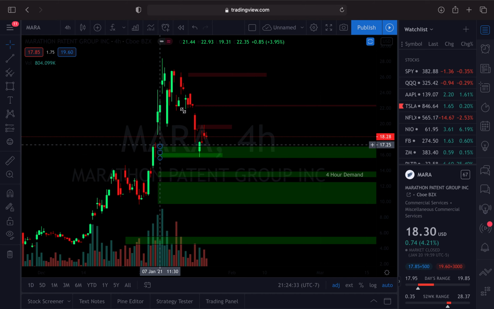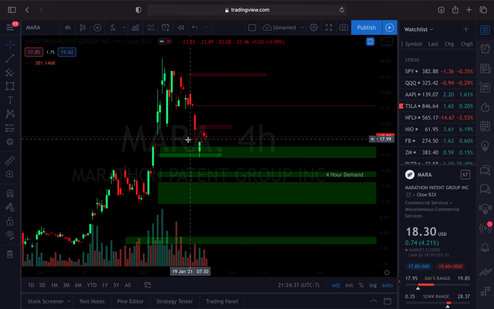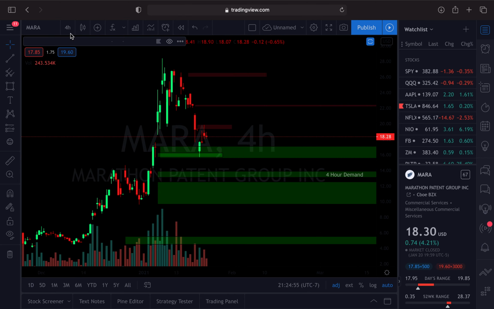And when Mara came down and dropped to here, this was 3 cents off of filling the gap. 3 cents off. And like I said, when stuff gets reversed, it is always in a zone. And I said, well, it's going to come down to my zone, which started at $17 and ended at $15.60. And if I zoom in here,